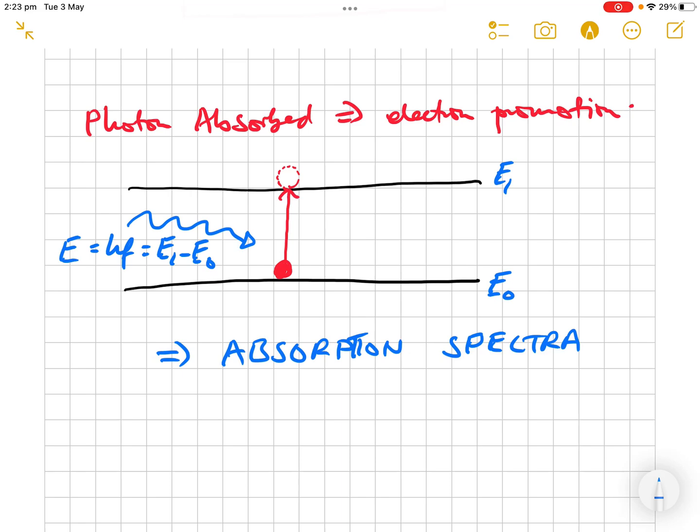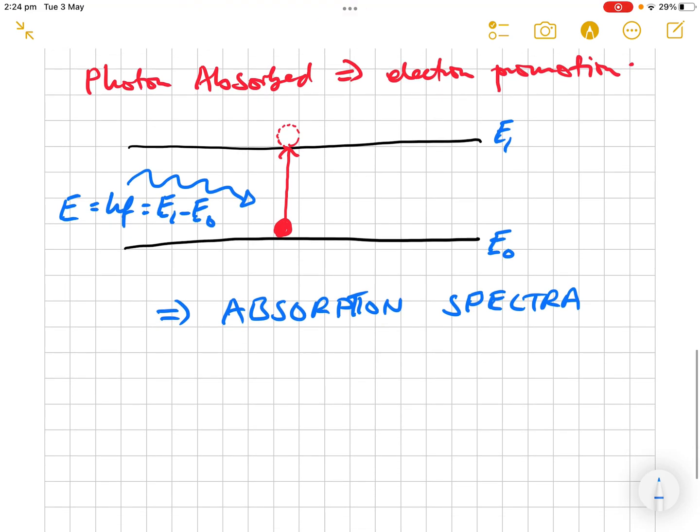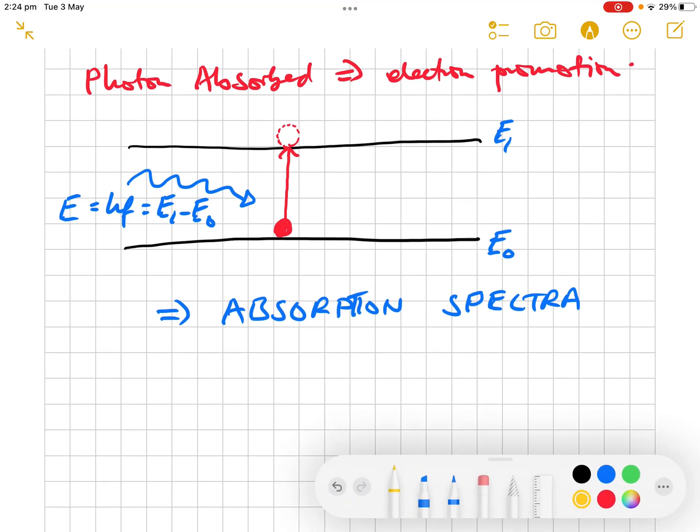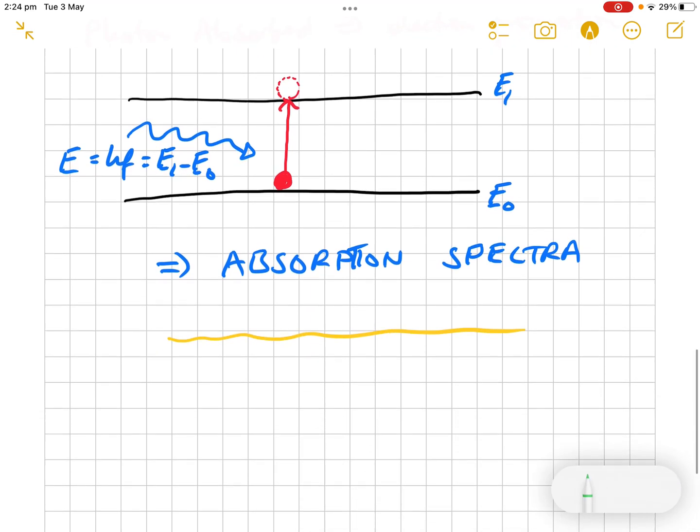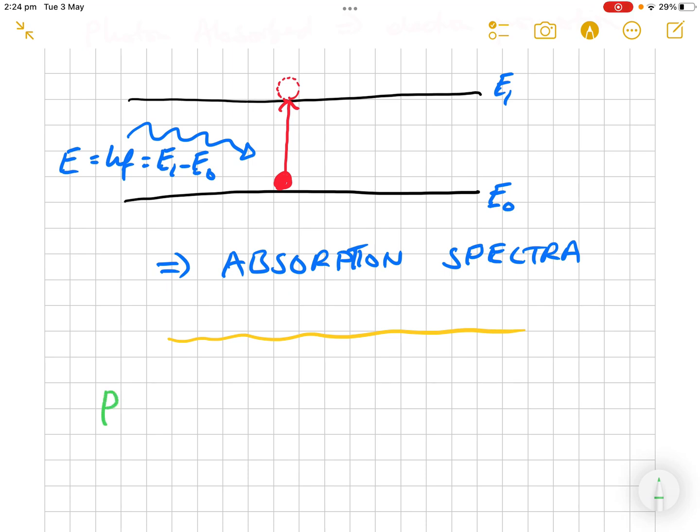So these absorption spectra are the visible spectra, full visible spectra with the black lines in them. And the black lines show where light has been absorbed. If, on the other hand, the photon is emitted,